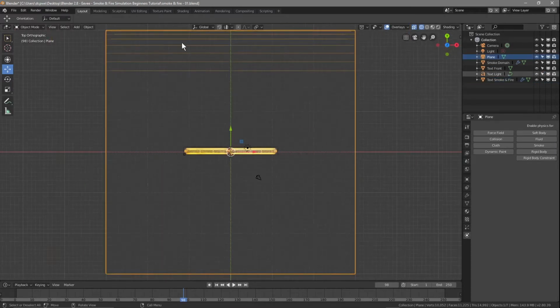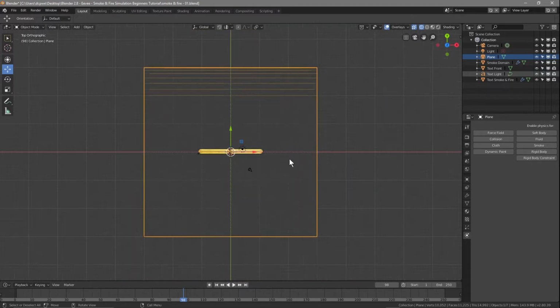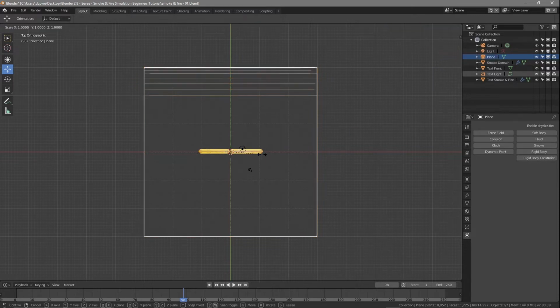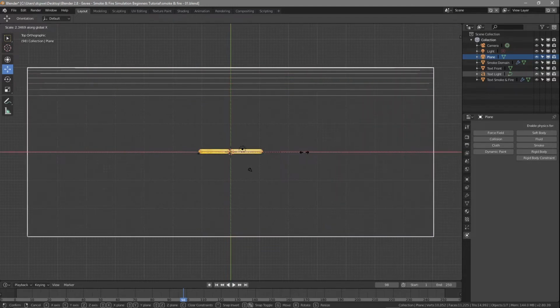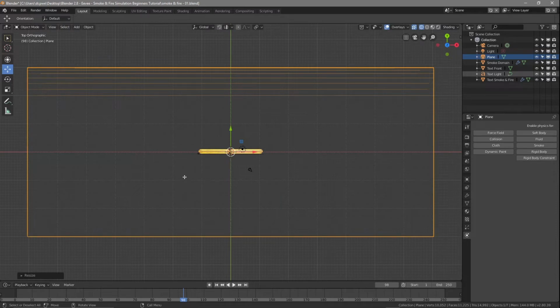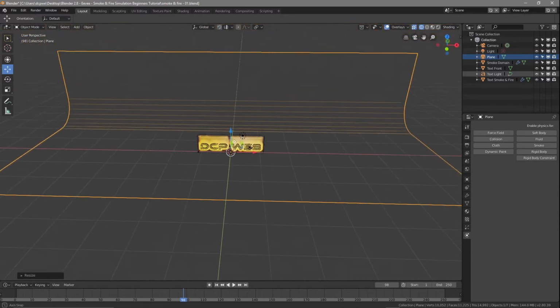So we can see the plane here, and we want to stretch it out on the width. We just want to make it a bit wider. So to do that, we want to press S to scale, and we want to scale it on the x-axis, right? On the width. So we press S and then X and scale it out to make it wider, like about this wide. Something like this, much wider. And then we can pan back down here,